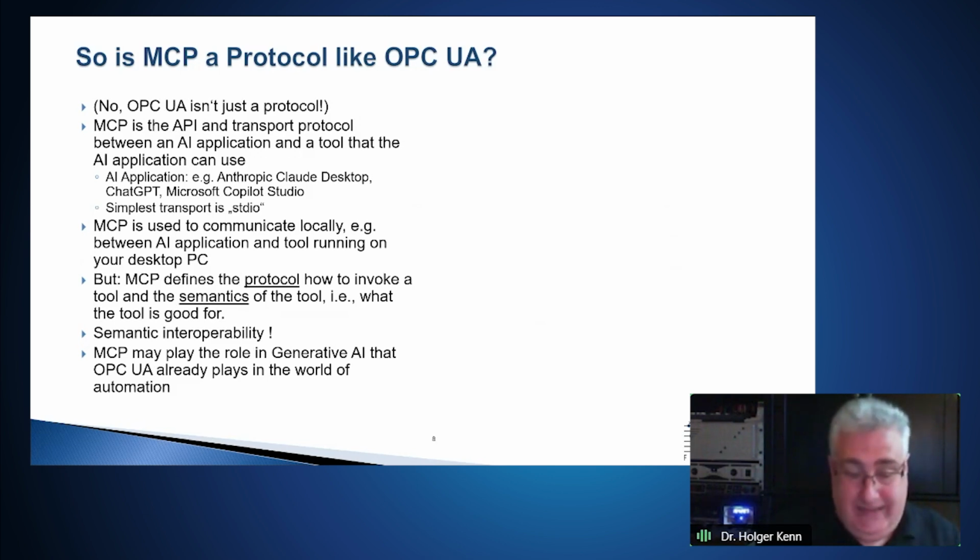Let's say you have an AI application, something like a copilot that helps you with something. And now that copilot needs to go and invoke a tool. And that's exactly what MCP does. It basically tells the application, here's a tool, here's some reference information, here's a good prompt that you could use for solving this problem. And that's all contained in MCP. MCP, however, in its main idea, is not a remote protocol. It's more of an IPC mechanism between a local application and a tool that also runs locally. So the simplest transfer, therefore, is stdio, which basically means you're controlling input and output of just a command line program running.